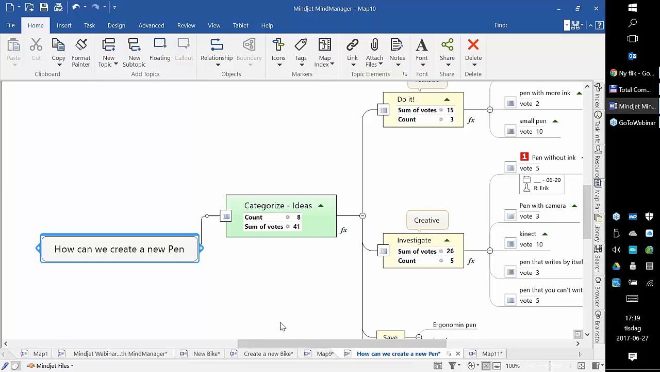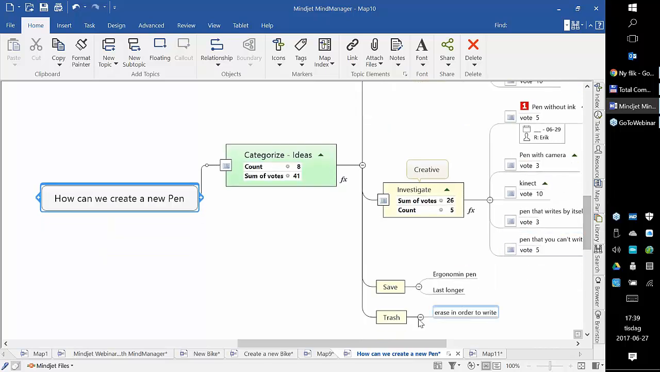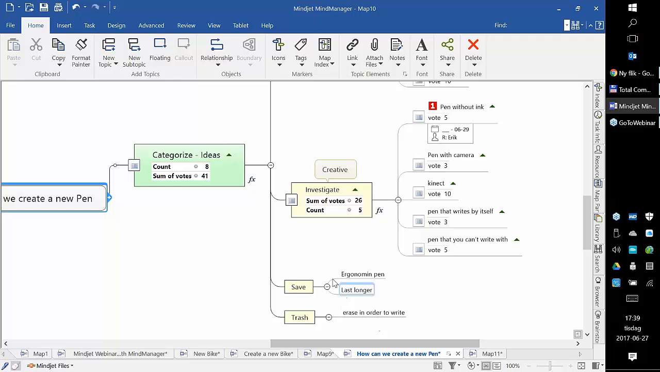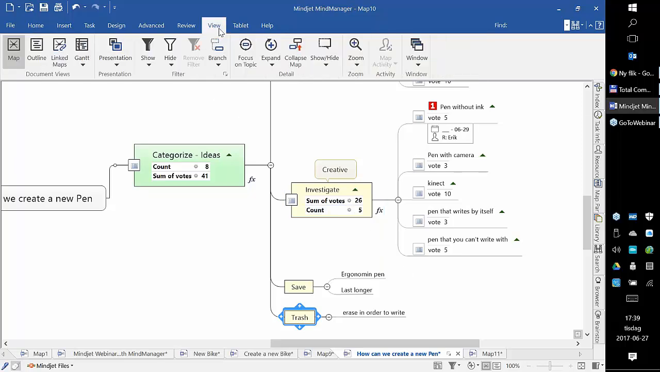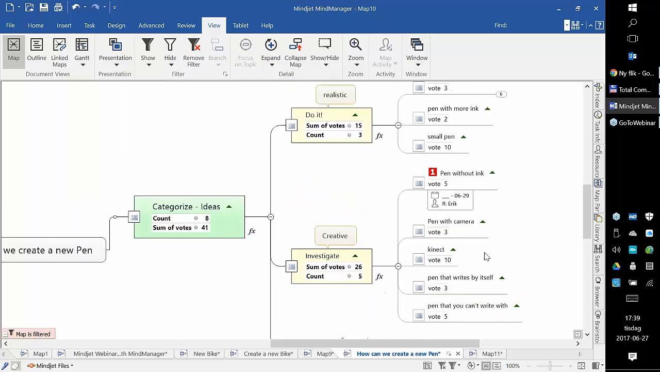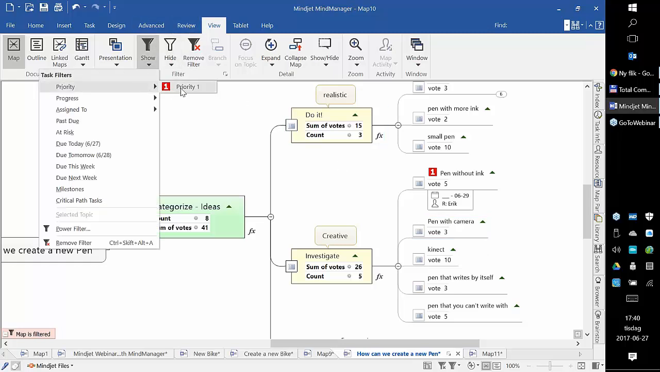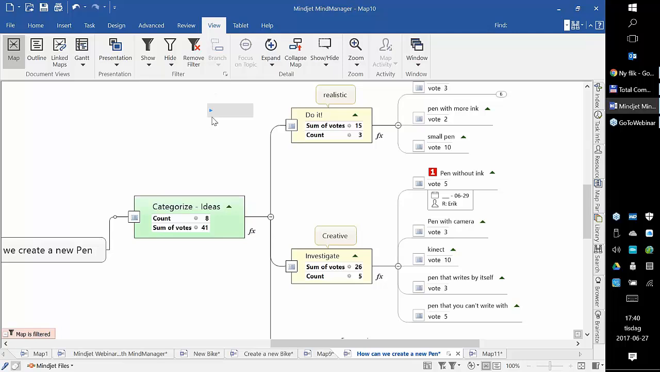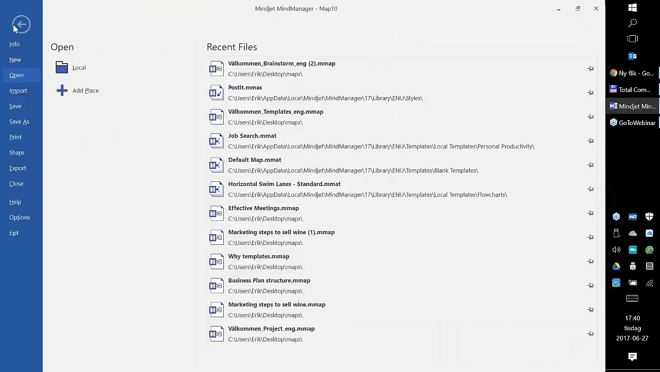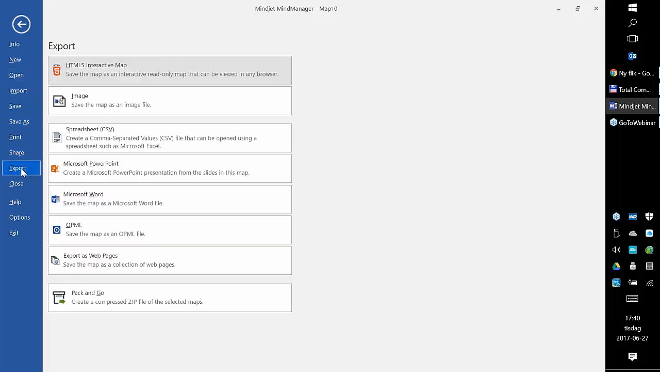Another very typical export is to export to HTML5. And when you do that, you might also want to hide things. So let's say we don't want to export these trash ideas. So now I can go up to View, I can say hide the selected topic. So I hide that in that way. I can also, of course, filter on different things like the priority I have set, various attributes, etc. of the map. And then I do the HTML5 export like this,